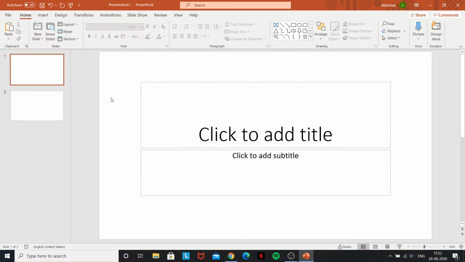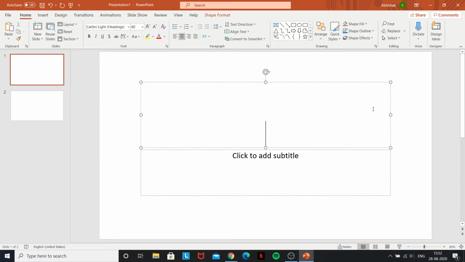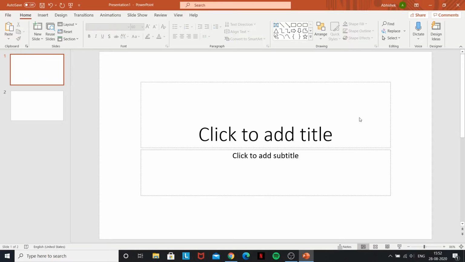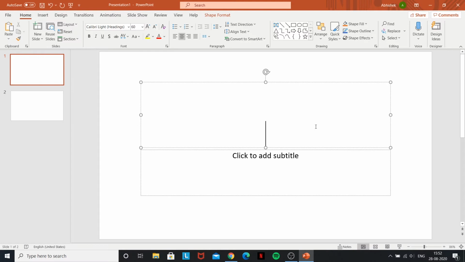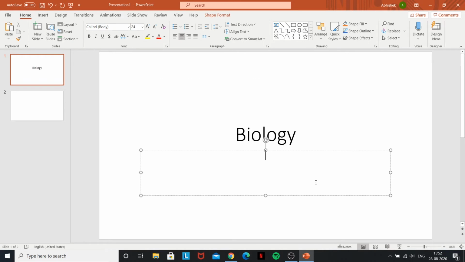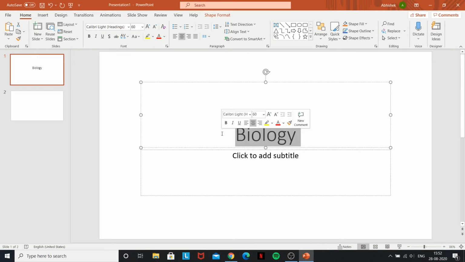Since this is the first page of the slide, it contains only a header with a small description. So we can say that this is biology, the first slide. And we can edit this using the text formatting tool.